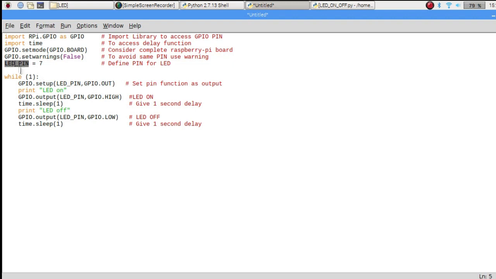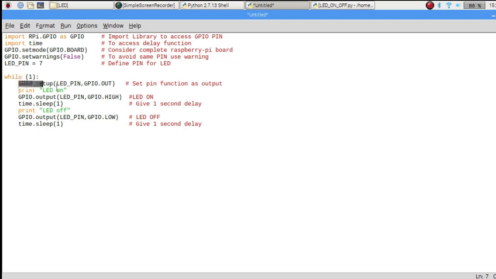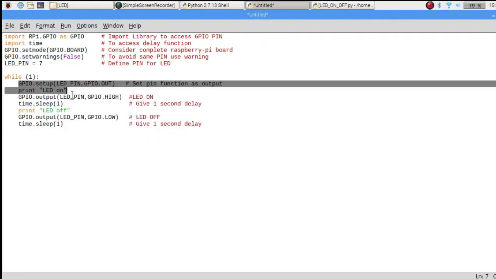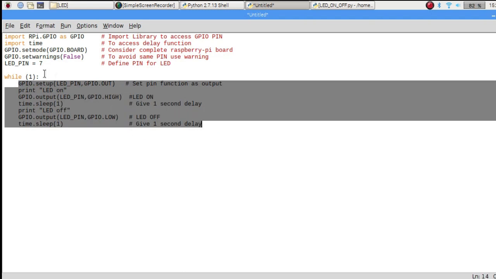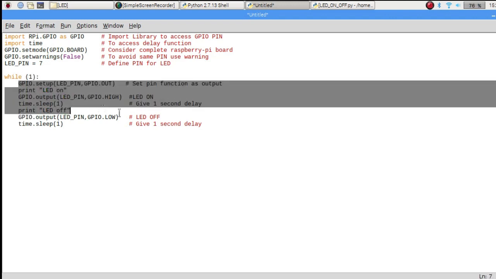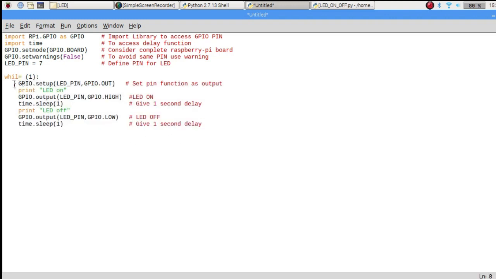After that, I have taken a while loop. Inside that while loop, I have written the code. Before explaining this code, I would like to explain how to write a while loop. In a while loop, this means whatever code is inside the while loop is called continuously, an infinite loop, for infinite times.